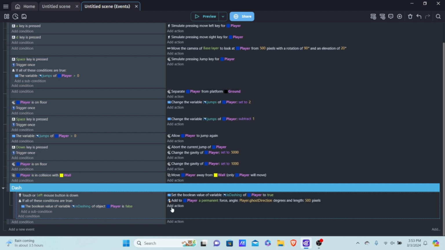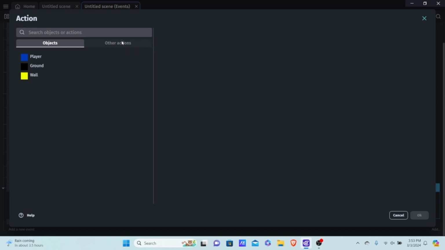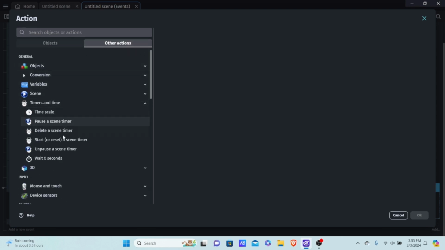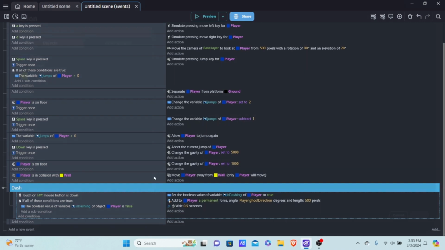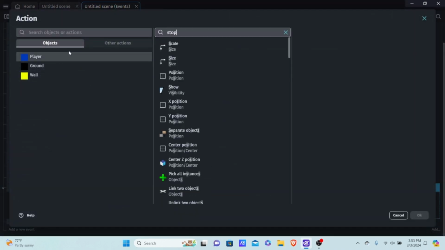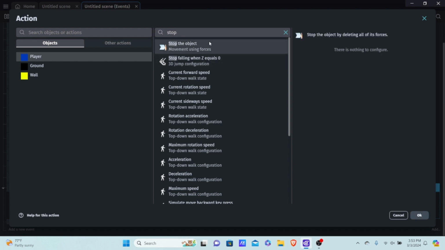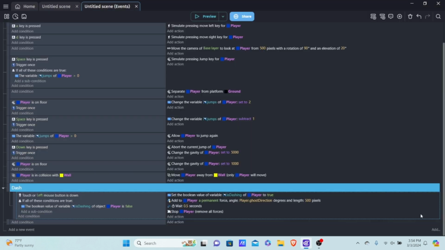In order to do this, it is very easy in GDevelop. I'm going to go into other actions, timers and time, and then I'm going to put wait X seconds. And we want to wait 0.5 seconds, which means half a second. And then after that, we want to stop the object. So I'm going to add an action, click into player, I'm going to type in stop, and you'll see stop the object. It will stop all forces on the object,